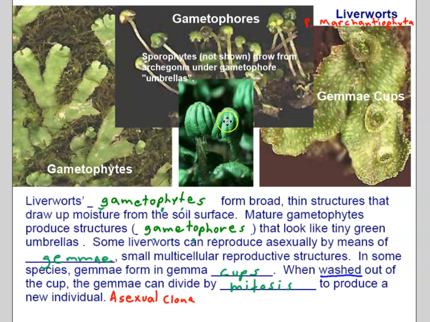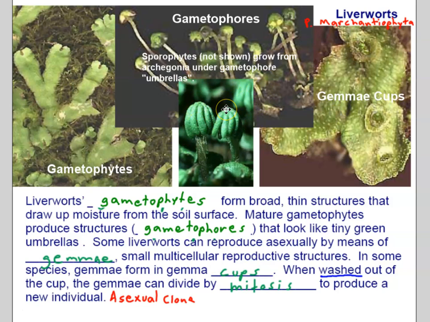But that's where you'll find the archegonia, which are the female egg-producing structures, and the antheridia, which are the male sperm-producing structures. And you'll see that coming up on another slide, so don't worry about it right now. But that's where the egg is fertilized and gives rise to the sporophyte. We're not seeing sporophytes in any of these images, because the egg and sperm producing structures are under these little umbrellas, under the gametophores. So we can't see them, and we're not seeing any sporophytes growing out from under them either.